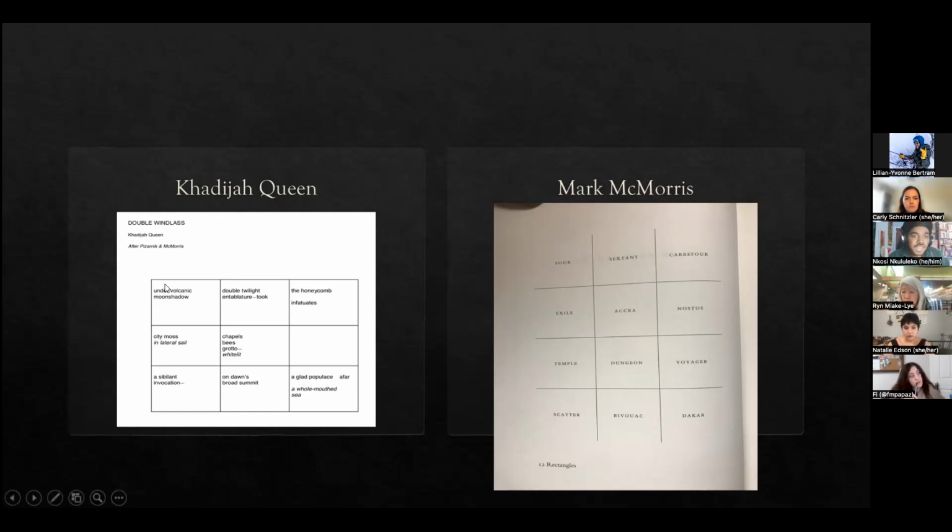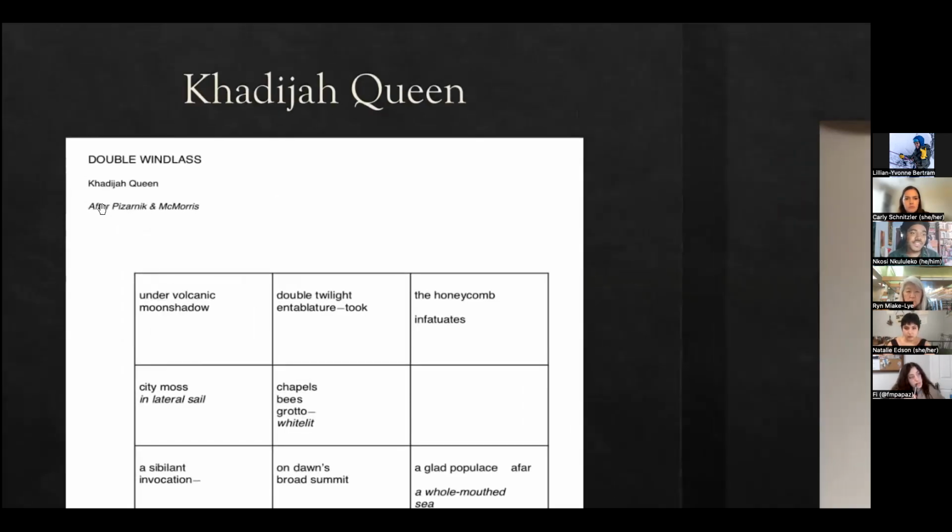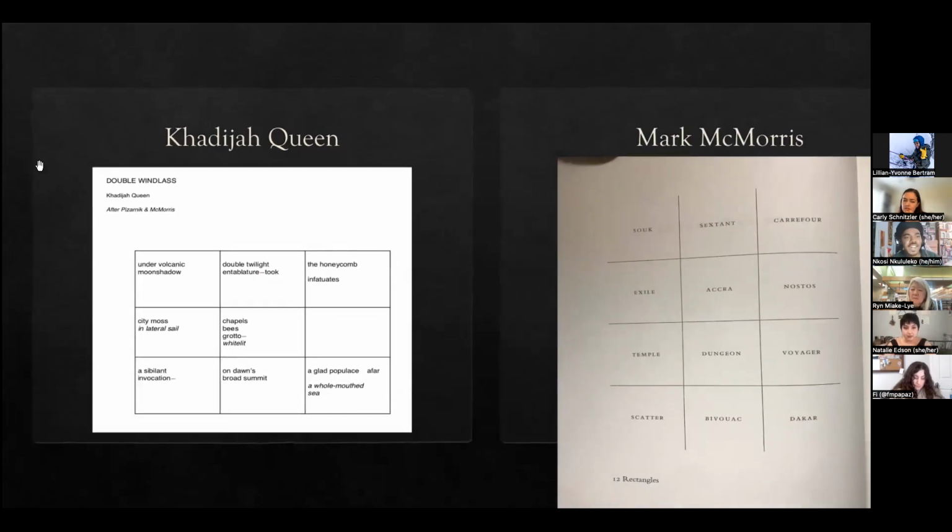So Khadija Queen, as we see over there, was inspired by Alejandra Pizarnik, I believe, who's an amazing Latin poet. Oh man, I feel like I'm getting so nervous. I'm like, yo, I should know everything about every little thing so I can explain this to you, because I'm so excited. But Pizarnik is an amazing poet that you definitely should read, but also the main star that she